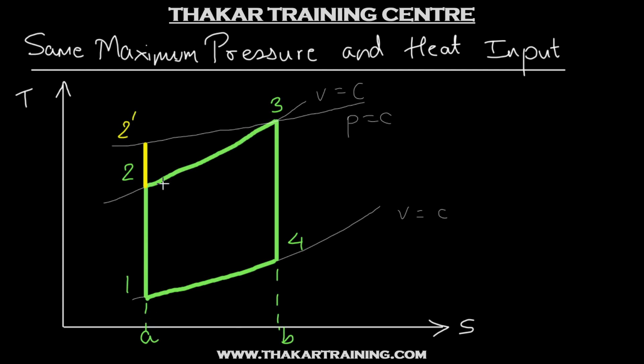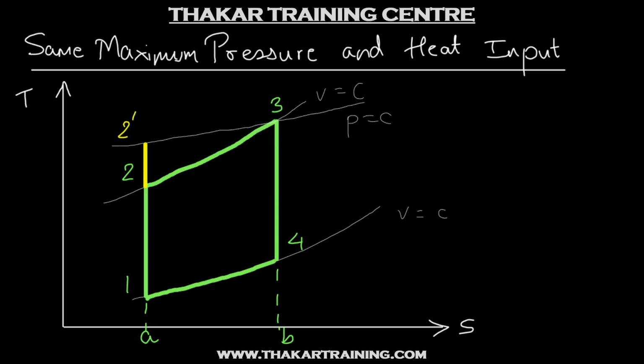So if you want the same area for diesel cycle as well, now diesel cycle will have its heat addition beginning at this point. So already we are going to have a larger area if we go till point 3, right? If the heat addition goes till point 3, we will end up with a larger area as compared to Otto cycle for heat addition. But we want the same area. So what should we do? Where should point 3 of diesel cycle lie? To the left or to the right? So clearly it will be to the left of point 3 of Otto cycle.